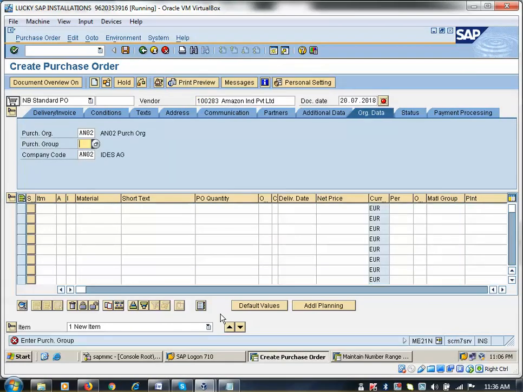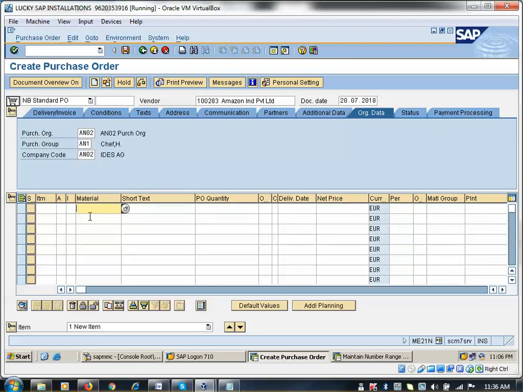Okay. So now here AN02. If you have configured AN02, now here you see purchase organization AN01, AN1, which is created. That one only will be available. You can put your name also here. Okay. So click on enter. Header data is complete. The release strategy tab is still not open.